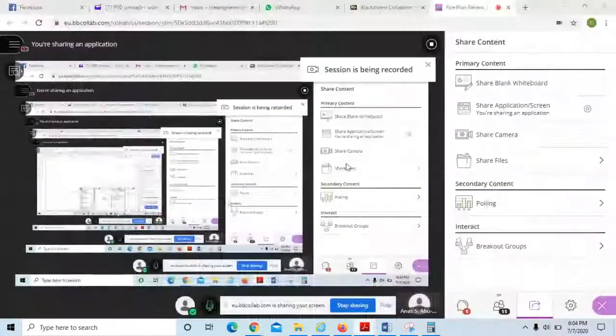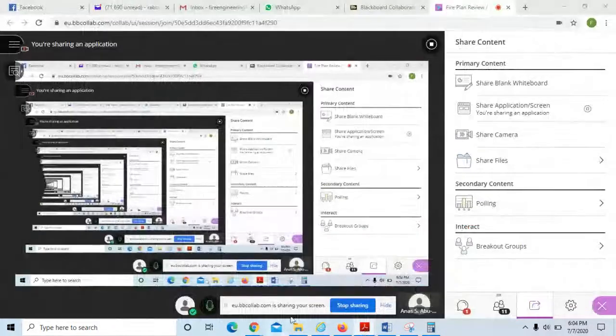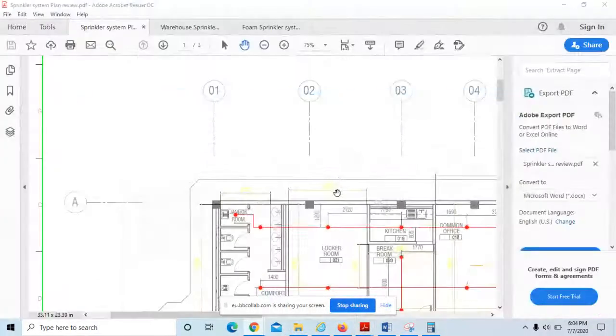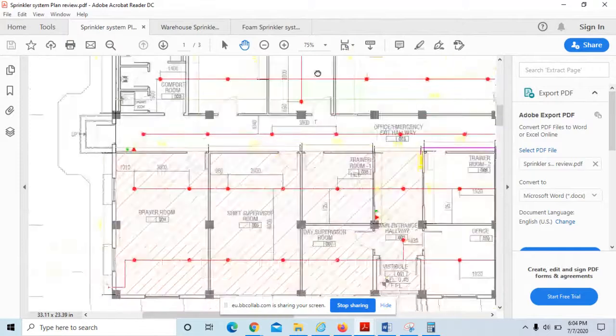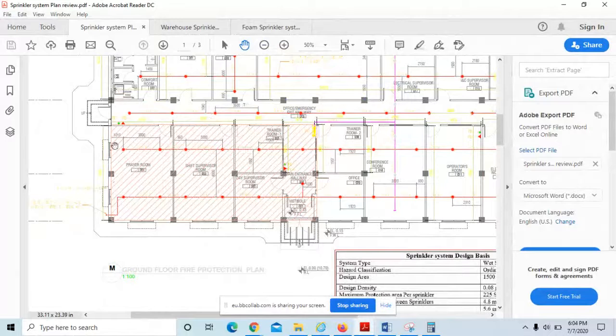For example, here we have the shaded area, or the area with the sectional line downside. What does it exactly represent? It's not mentioned in the legend. The shaded area is the hydraulic design area and need not be mentioned. The meaning of the shade is that this is the most hydraulically demanding region for the hydraulic calculation.